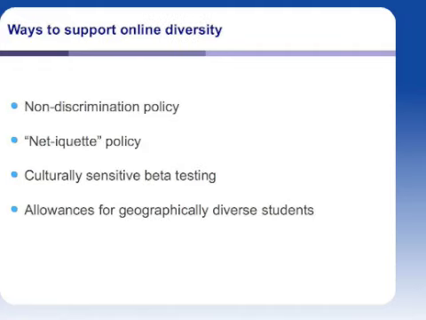There are many ways that we can work to overcome these challenges that online diversity poses. One is to have a clear, strongly worded public non-discrimination policy. For example, Global Campus's policy specifically protects people based on race, color, religion, sex, national origin, ancestry, age, marital status, disability, sexual orientation, including gender identity, unfavorable discharge from the military, or status as a protected veteran. This may help to prevent any intentional friction or problems, but there is still the possibility for unintentional cultural misunderstandings.